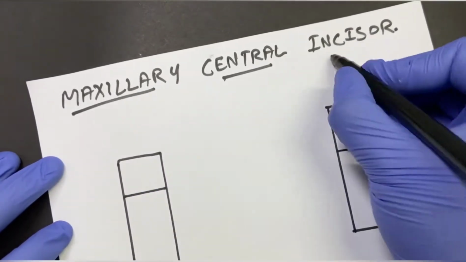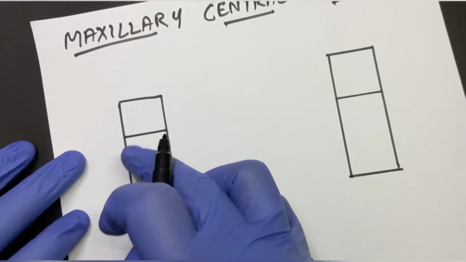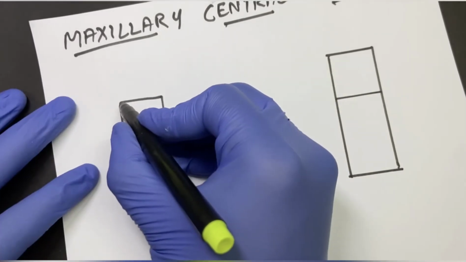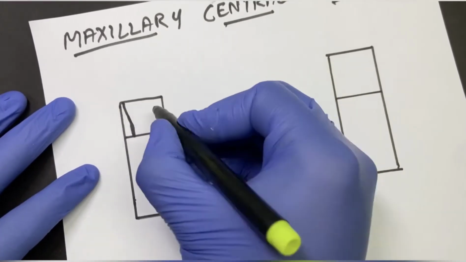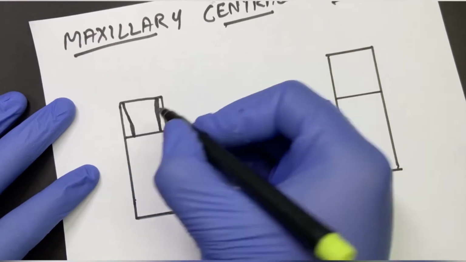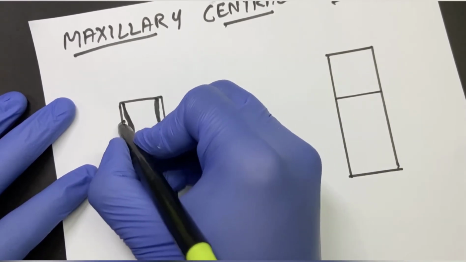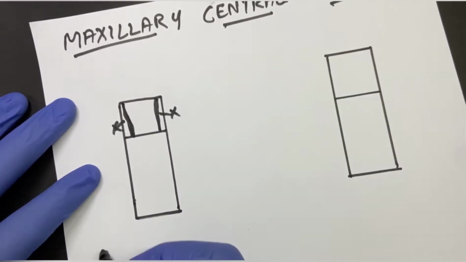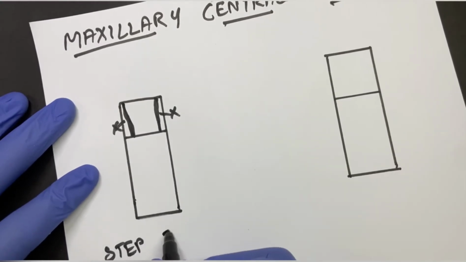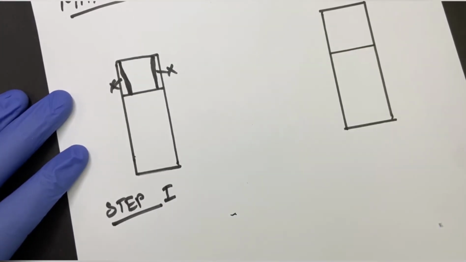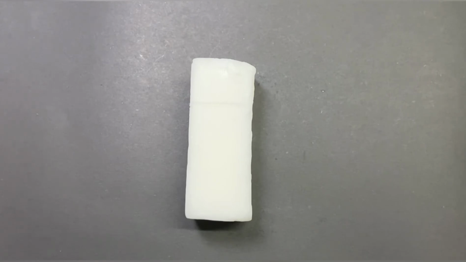So talking about permanent maxillary central incisor, we first talk about the labial aspect. On the labial aspect, we will be seeing these demarcations. So the right side is the mesial side and the left side is the distal side. Mesial side is having COC towards the mesio-incisal angle and distal is having towards the cervical area.